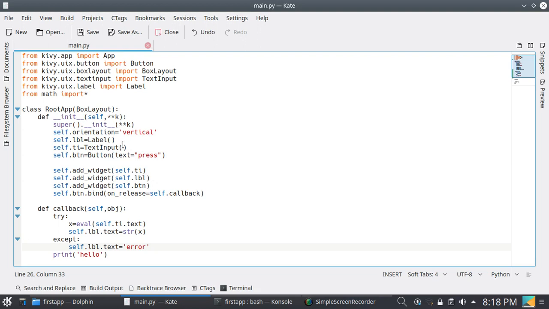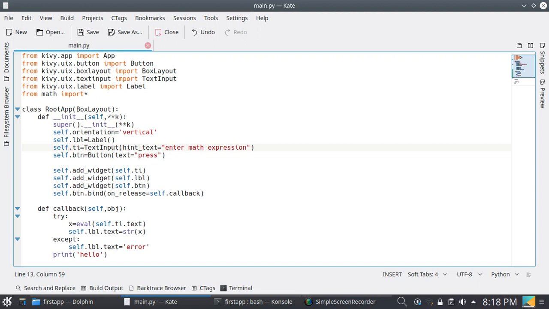And I am passing hint_text equal to enter math expression.